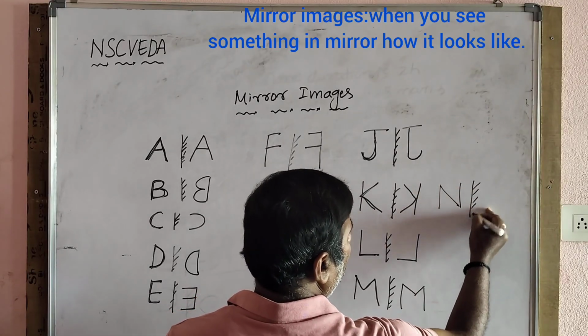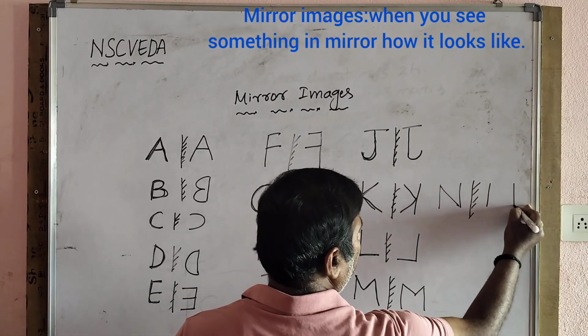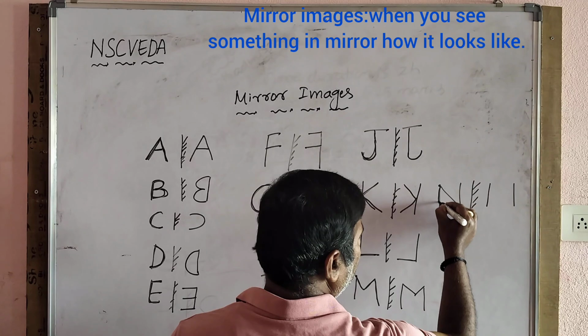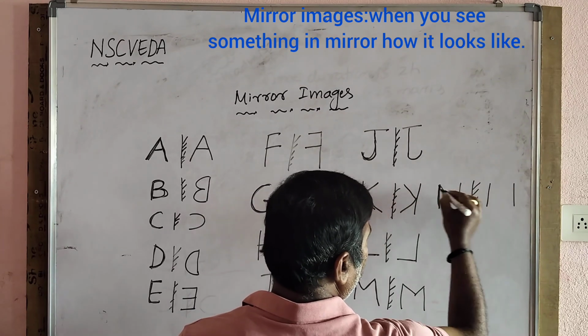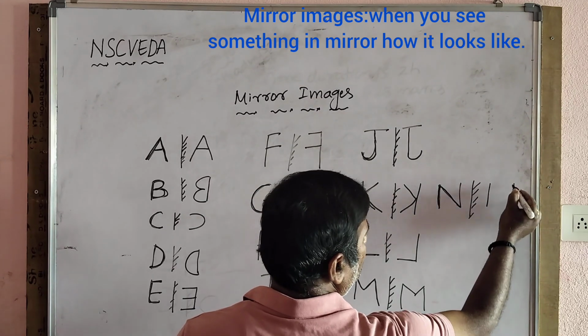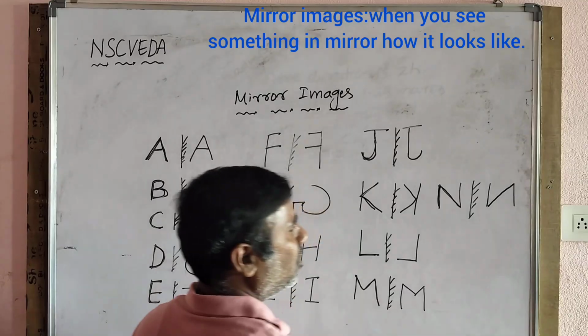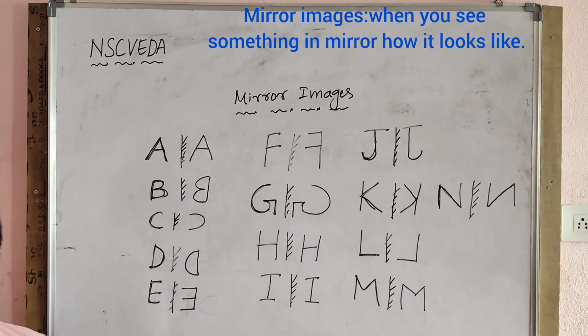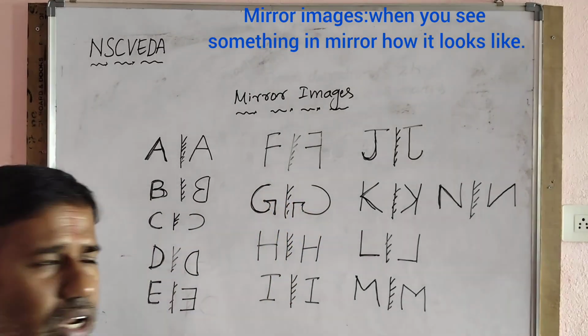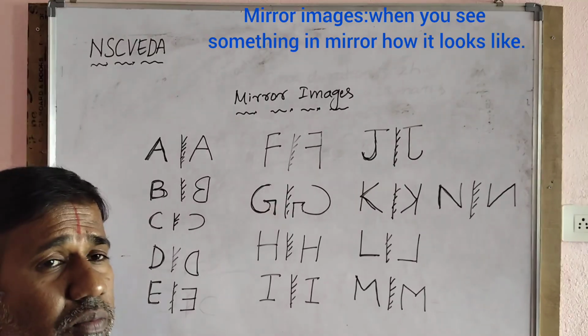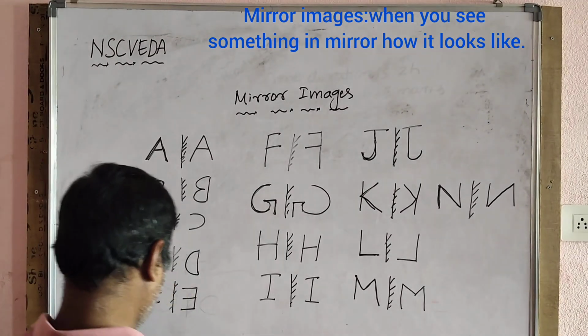N we have already drawn. So you see a standing line, this far away place, a far away standing line. From the far away standing line toward the bottom of the near line. So N will look like this. So like this, if you practice for all English alphabets, you will be perfect in drawing the mirror image of